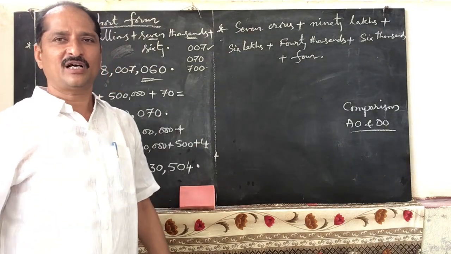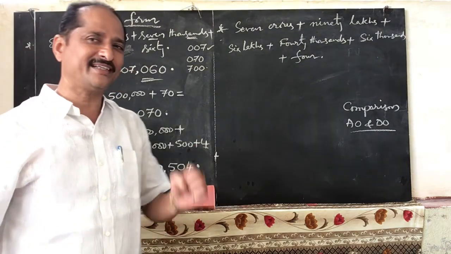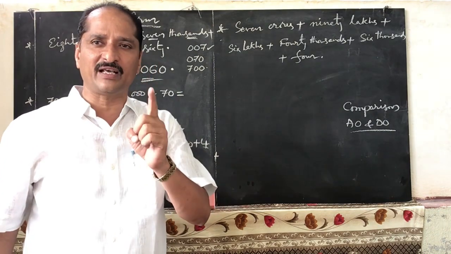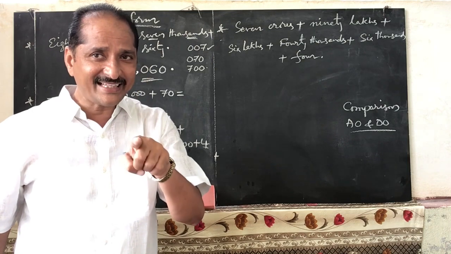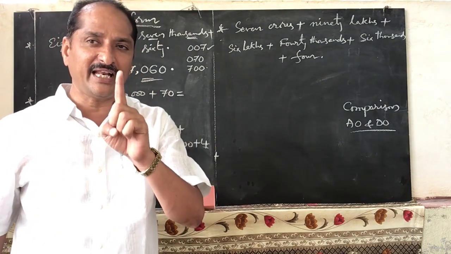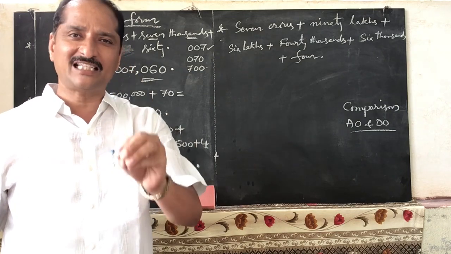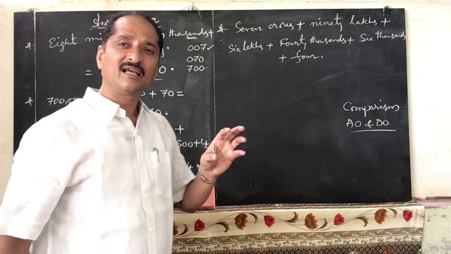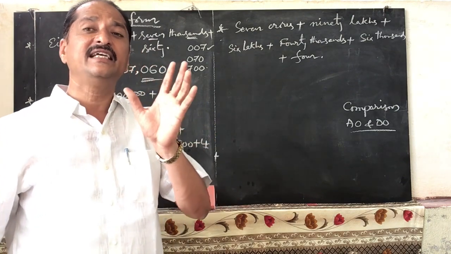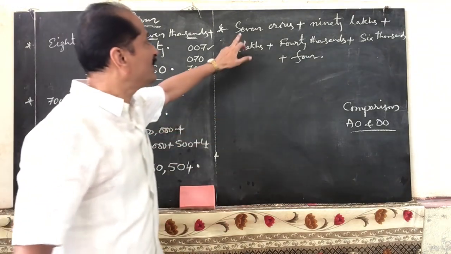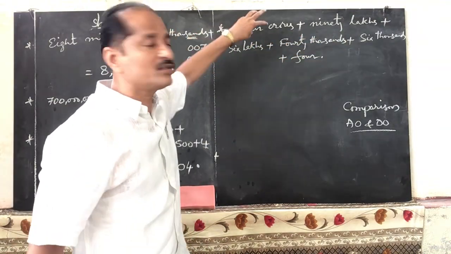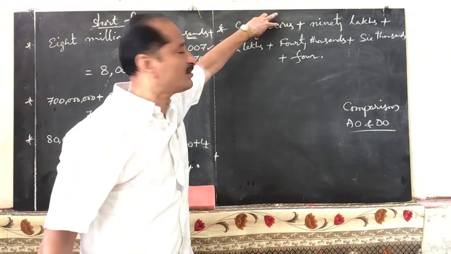Yes, good. Now, what is the greatest period here? Crores period is the greatest period. Crores period means it is Indian system. Remember carefully. If you have got millions, that is international system. But whenever you have got in any number crores period or lakhs period, if it contains crores or lakhs, we can say it is Indian system of numeration. So 7 crores and 90 lakhs is telling. So only crores, if you are observing, only one given.